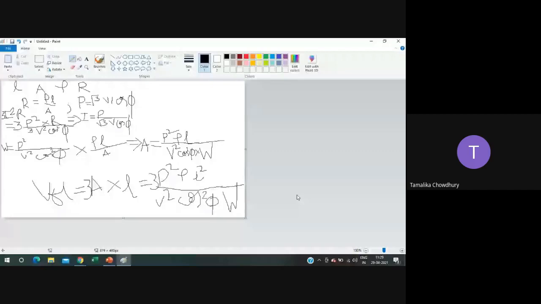Because there are three lines going, that is why for the three conductor lines it is the formula. So it is seen from this equation that the volume of the conductor required is inversely proportional to the square of the transmission voltage, V square in the denominator. It is also inversely proportional to the square of the power factor, cos phi. Hence at high voltage, the volume of conductor material required will be very low. Understood or not?